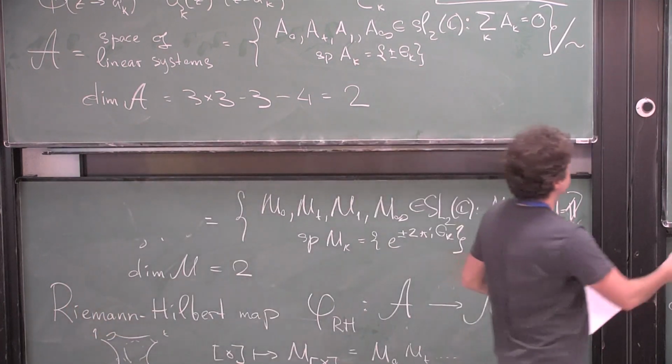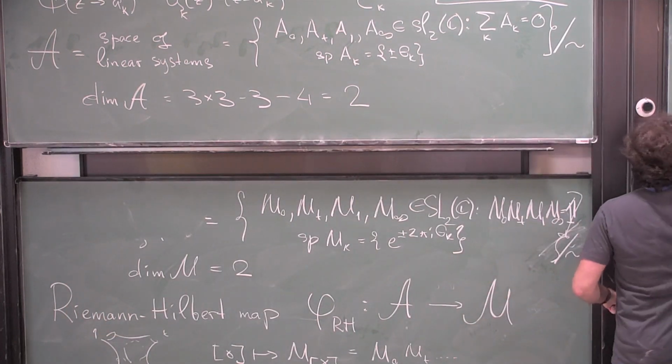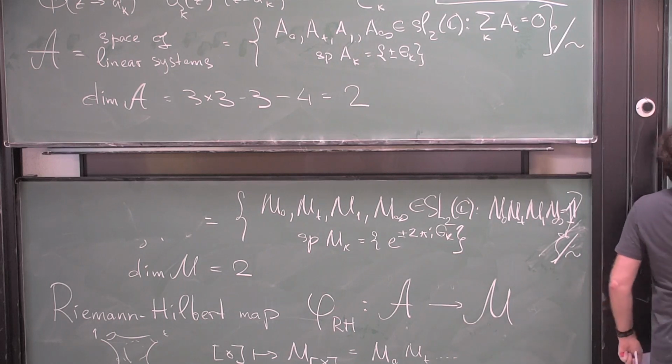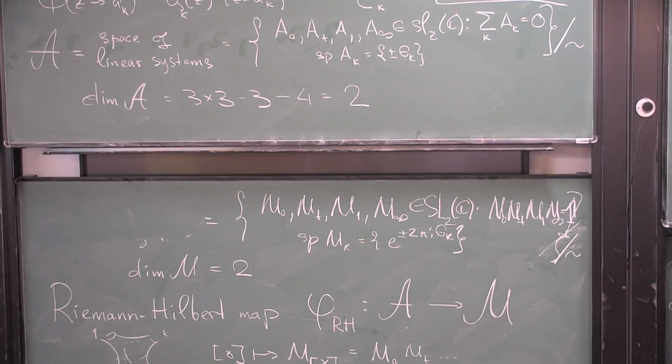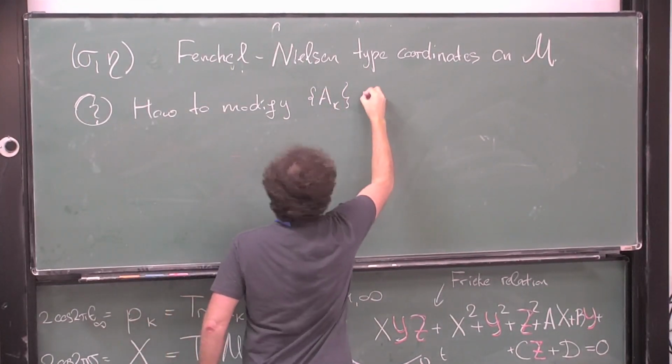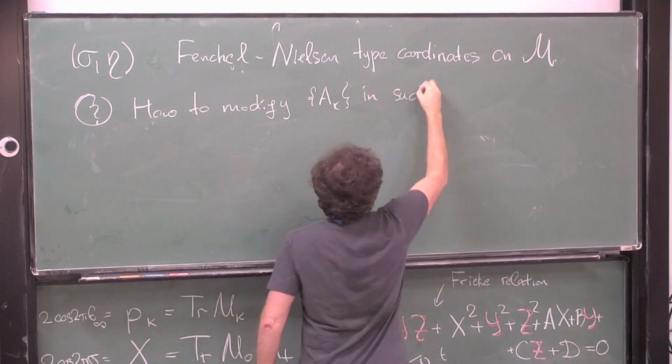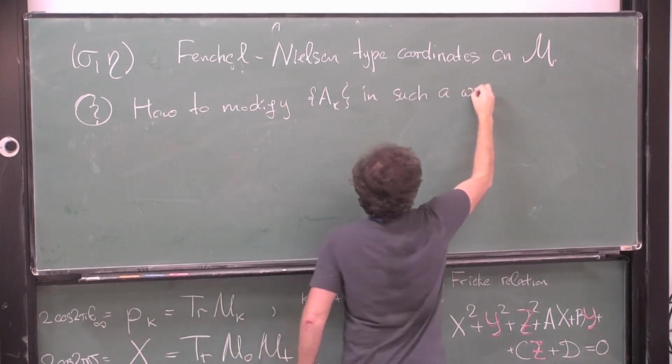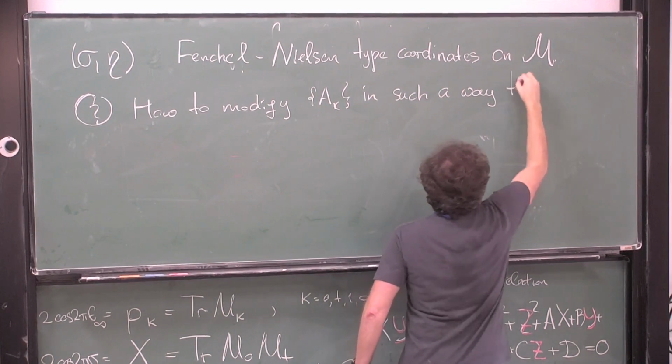So the question is how to modify this A_k in such a way that